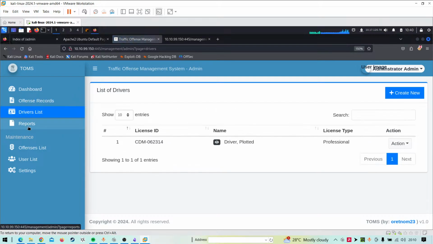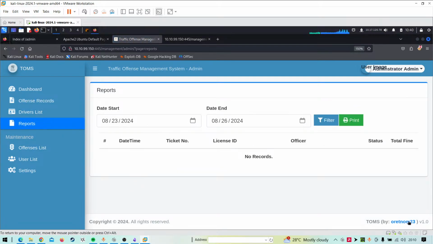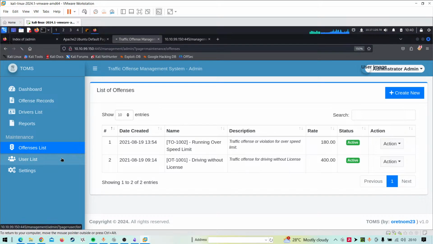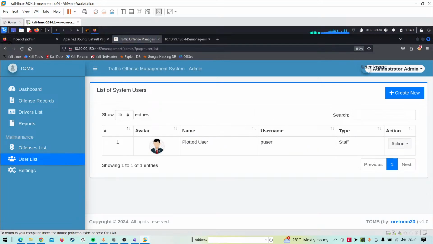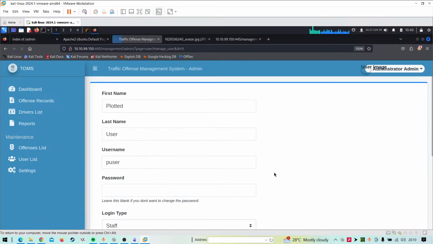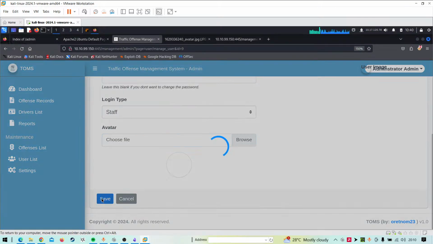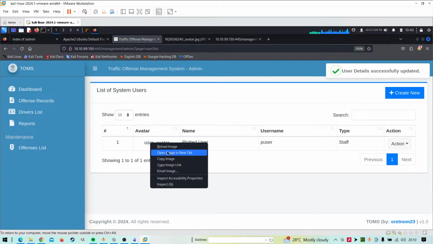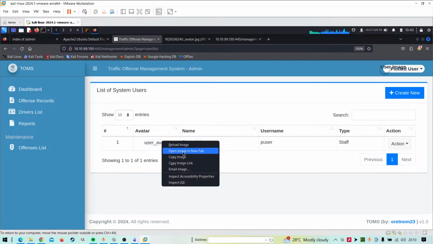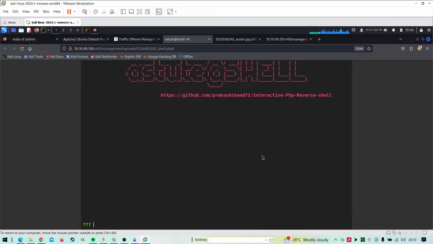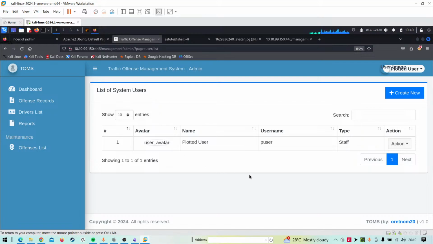Maybe I missed something. I can choose to change anyone's image, because I'm already an admin user.